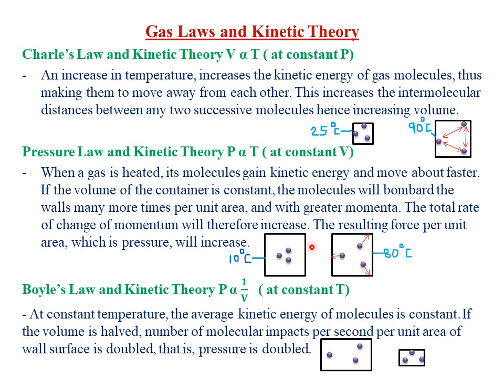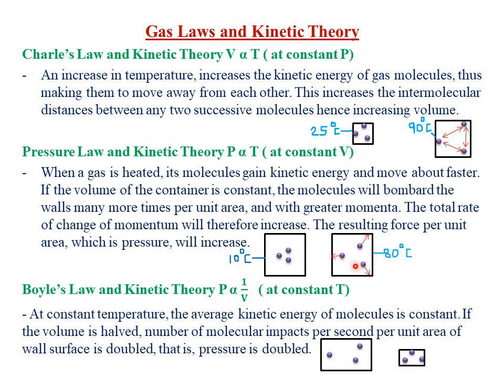Basically, you can see our first container here having the same volume as our second container. But the first container is at a lower temperature of, let's say, 10 degrees Celsius, or at room temperature. Therefore, the molecules are just closer to each other because they do not have any kinetic energy that will help them to move away from each other. However, when you heat the gas in that container, the temperature of the gas is going to increase, and when the temperature of the gas increases, it simply means that the molecules will gain kinetic energy,